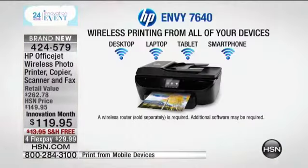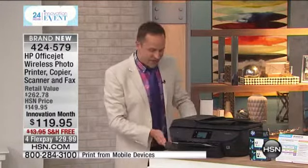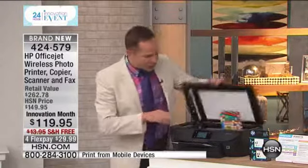Your kids have a certain kind of phone, your husband has a certain kind of phone, you have a certain kind of desktop, somebody else in the family, the dog has his own laptop. Now, everybody has their own device, right? Everybody can print directly to this printer from any device, because it has its own built-in email address. I'm going to talk more about that in a minute, but first I want to show you,